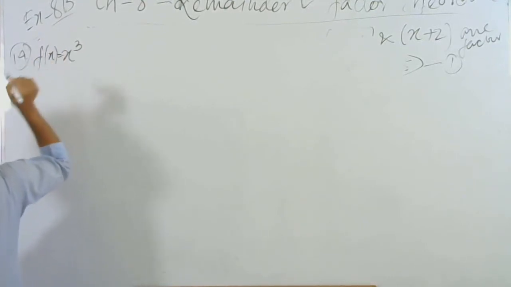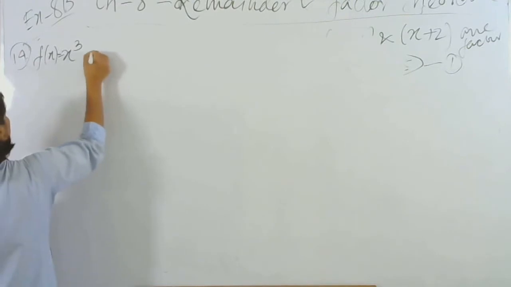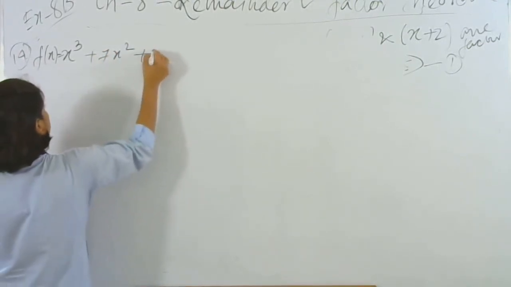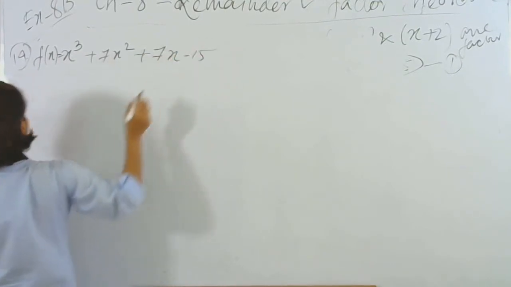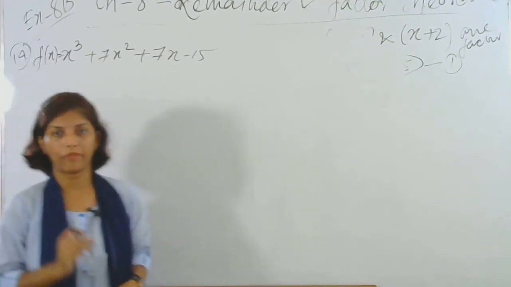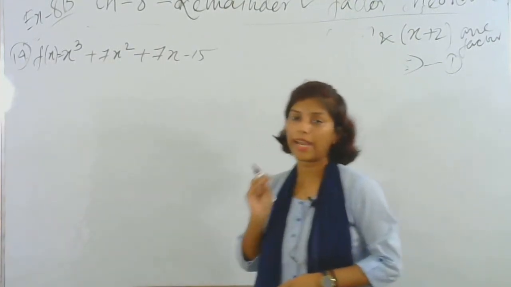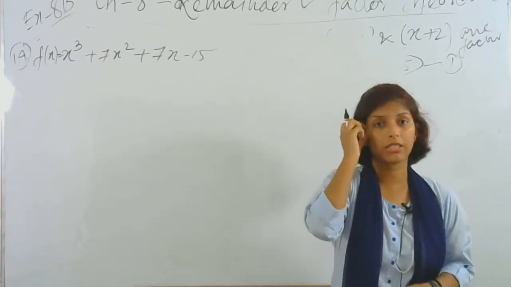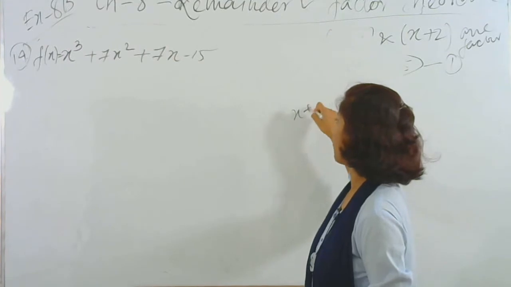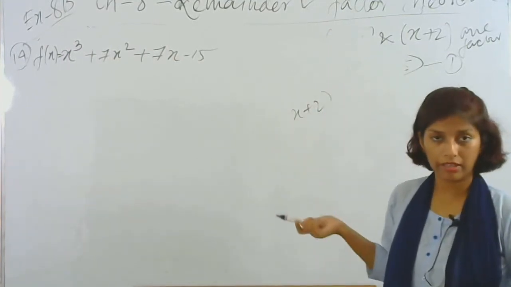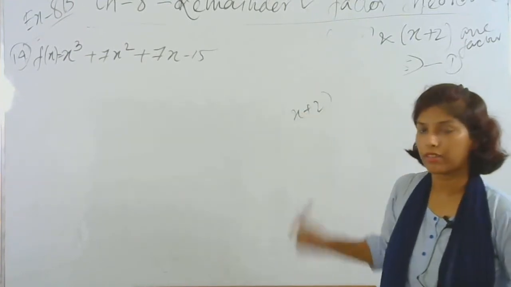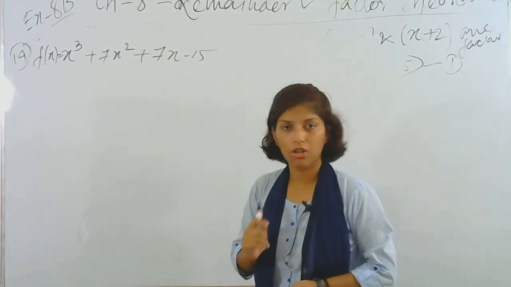So whatever is given, I'll consider that to be f of x. Okay. Now, in this question, they did not give you any factor. They didn't give you any of the factors. So how will you start then? See, in the previous questions that you have solved till now, they used to give you one factor. For example, they used to say that x plus 2 is a factor. Then we used to do division, and from that quotient, we used to find the other two factors. But here they did not give you even one. So how will you do it?